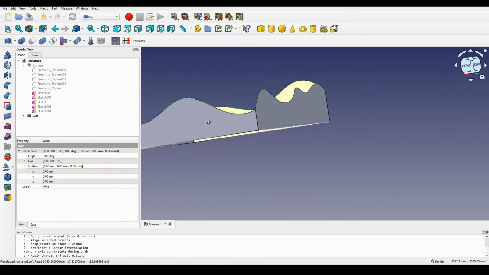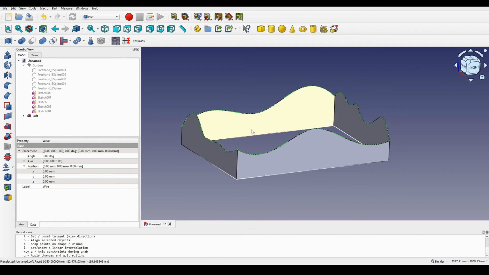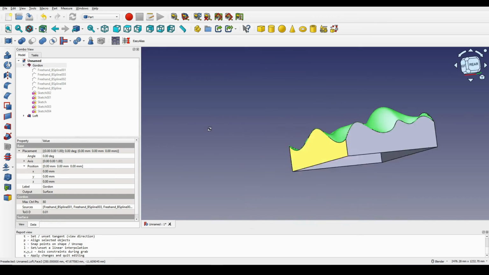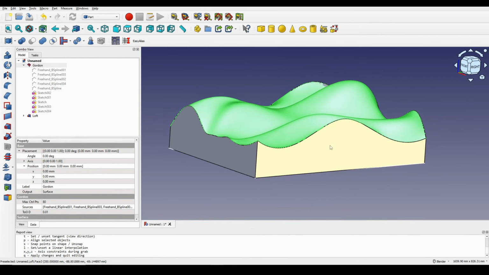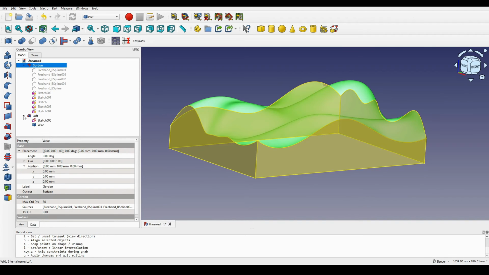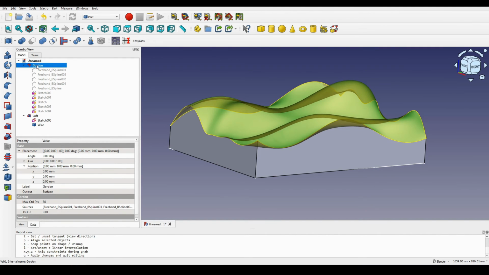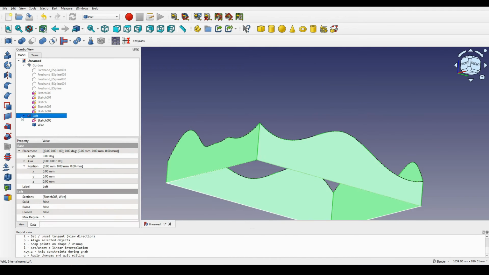Now you can see we have a new surface around this wall. So I go up here and I show the golden surface. You can see we have something like this. Next, I show the inside of the loft, and I also hide the golden surface. And let's see, I hide the loft,